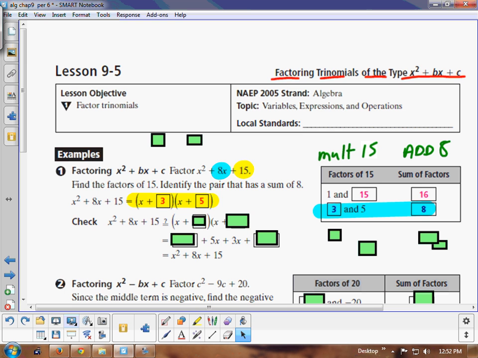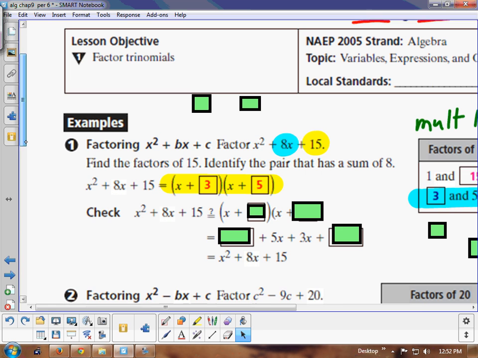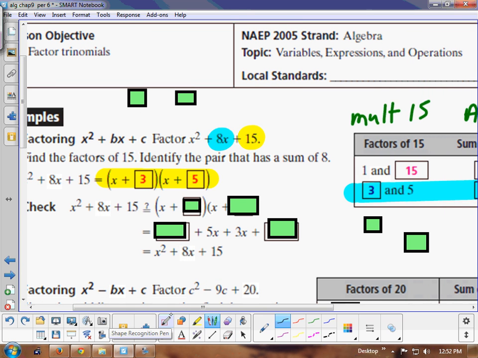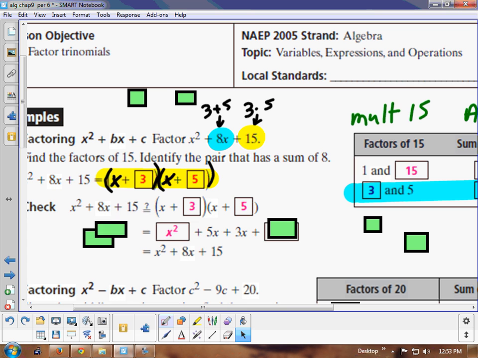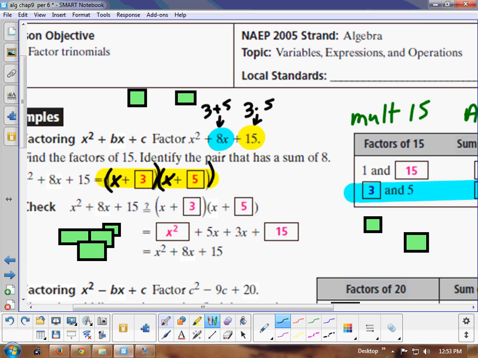This is your answer. What do I mean by that? Well, when you find those two numbers that multiply to equal the last number, so 3 times 5 is 15, and at the same time 3 plus 5 is 8, you present them in this form here. You put parentheses, you write an X, and then you put the two numbers in with their sign. In this case, they're both positive. Okay, that's all there is to do to this. So they do a check here. They do the box method here, which was on the quiz last week,